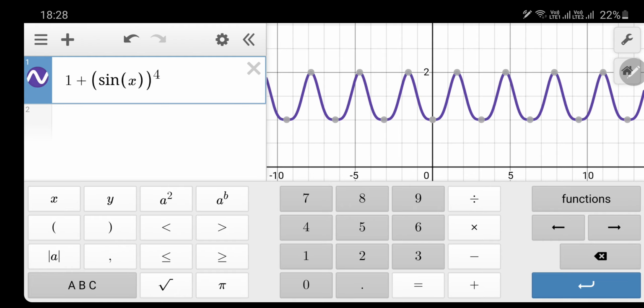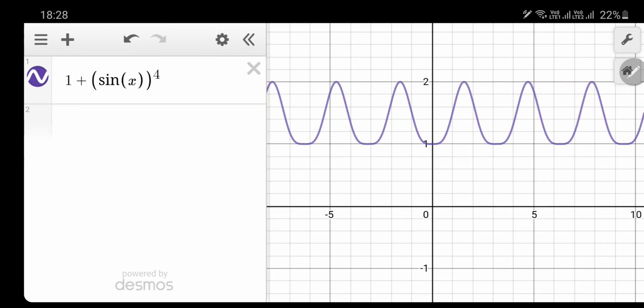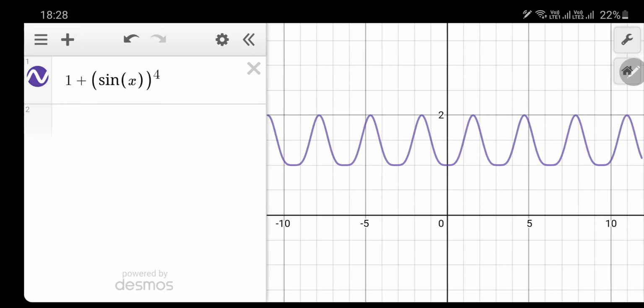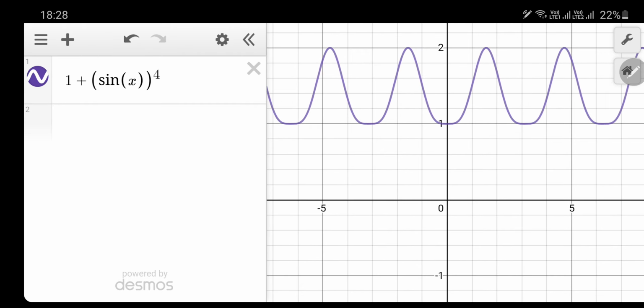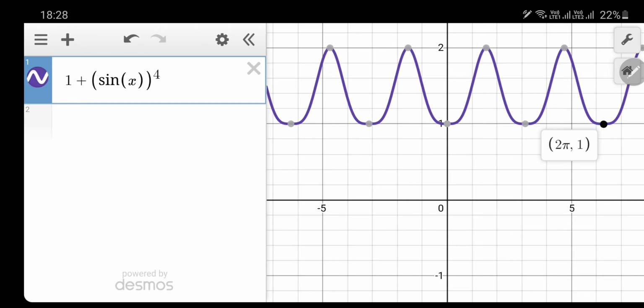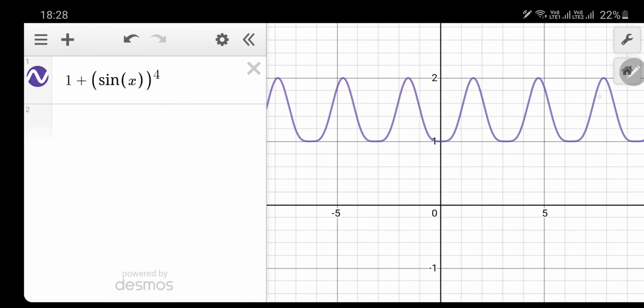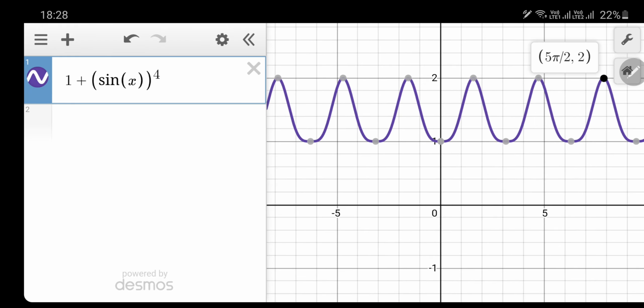Okay, let us zoom in further, because we have to draw from minus 5 pi by 2 to 5 pi by 2, and 5 into pi is 15. 15 upon 2 is 7.5. So we need it from minus 7.5 to 7.5 only. I will plot that point too. Okay, this is our 5 pi by 2 point, and